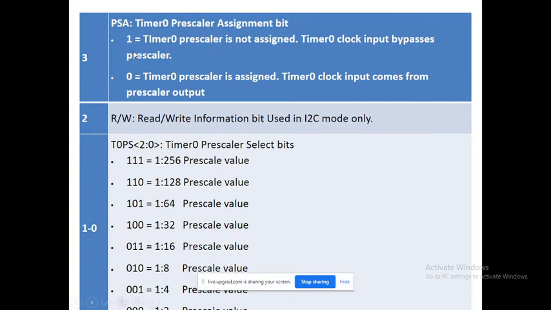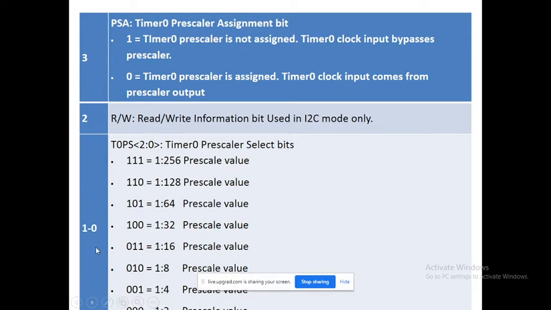And suppose we are interested in modifying and changing the clock frequency, meaning we want to prescale. For that you must make bit number 3 a 0. Once this is 0, you are interested in prescale, and then different prescaling options are available to the customer.